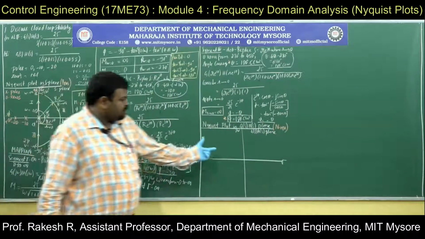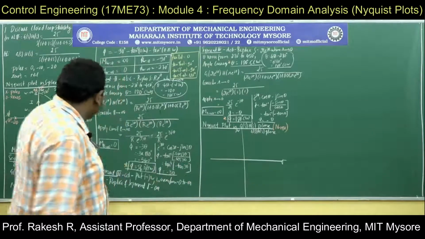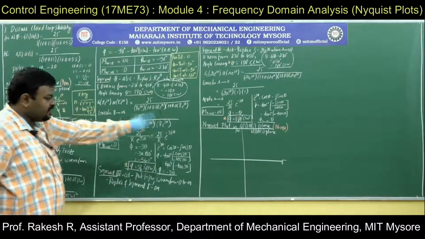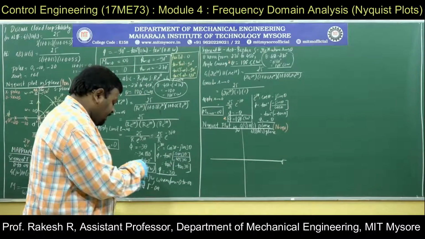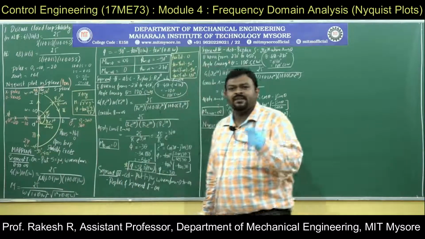And this plot I am writing here because of space constraint, because I cannot rub this, because I need this interpretation at the later stage. That's why I am writing this, just so you understand the concept. First, segment 1. What is segment 1? You also start plotting this, please. Otherwise, you will get confused.